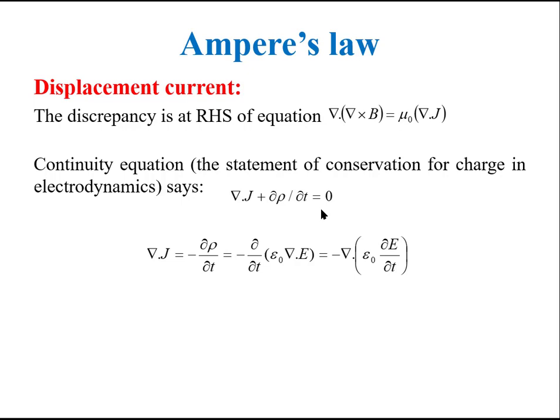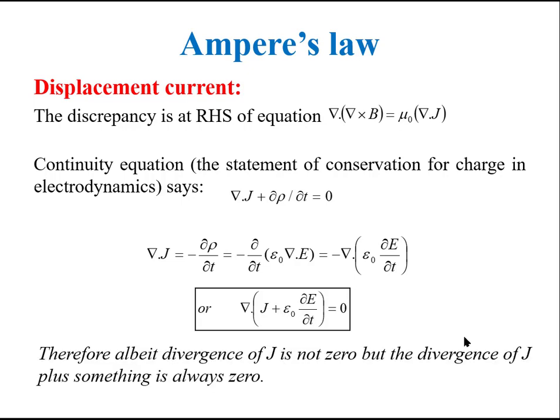Using Gauss's law in differential form, we can replace the charge density with epsilon naught times divergence of electric field. And again, the order of differentiation with respect to time and with respect to space can be reversed. And this gives this equation. This equation says that although the divergence of current density is not always zero, the divergence of current density plus